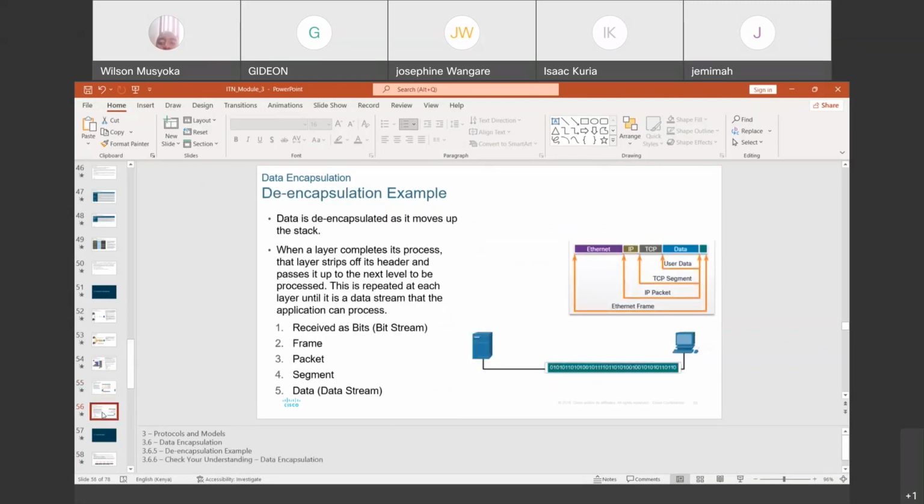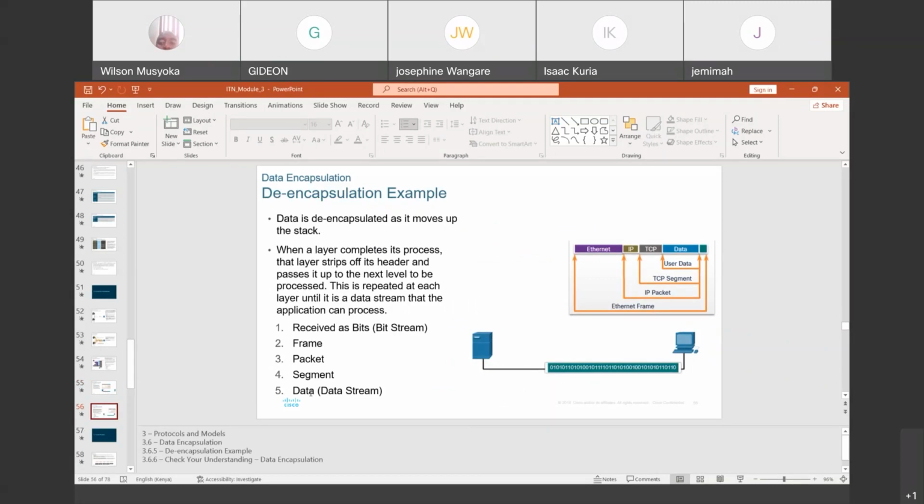The de-encapsulation is the opposite. So at the receiving device, it will receive the data stream of zeros and ones, which have been decoded, because at this layer, the data stream which is in bits of zeros and ones is going to be encoded, and we have different encoding schemes like we had said, and then it is transmitted.